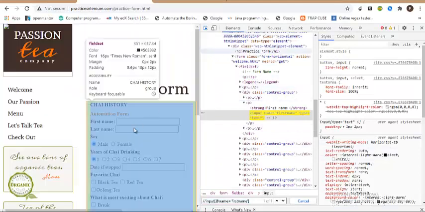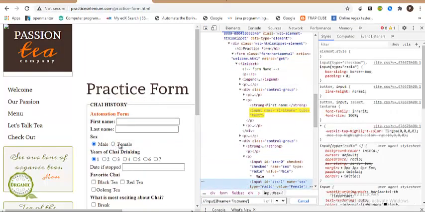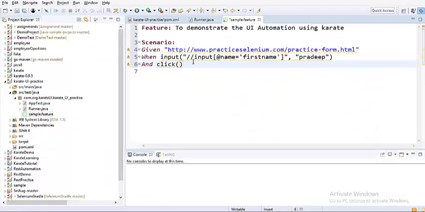Just let me identify this female, because right now the male is checked. Let us verify if I can check that. So I have ID here, so let me write again. I think it is the same input tag. So ID, instead of first name, I would just take this as a sex1 value. Now you see the checkbox has been identified. So I would just click on this value.